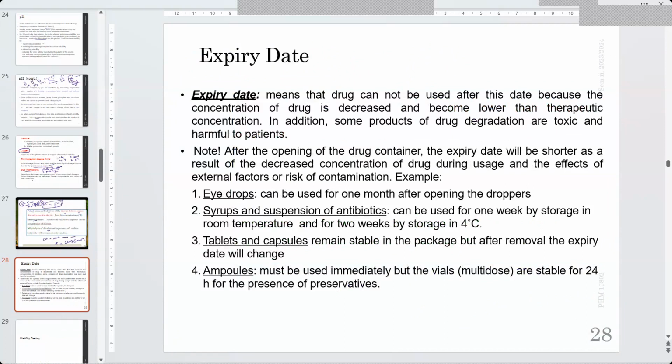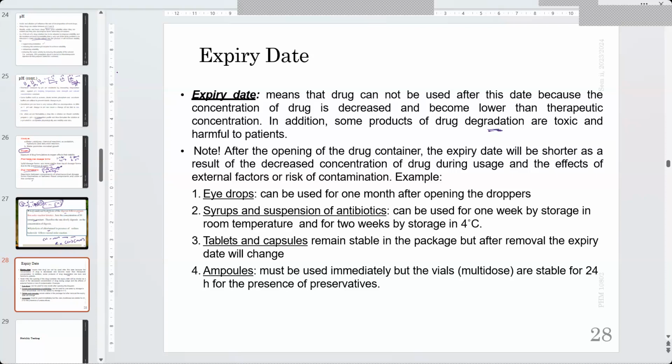Okay, now we go to the determination of expiry date. Expiry date means the time that the drug performance is not accepted anymore. It's outside the accepted limits. So we cannot use the drug beyond this expiry date. So expiry date means that the drug cannot be used after this date because the concentration of the drug is decreased and becomes lower than therapeutic concentration. Or we may have some degradation products that increase above the limit, or we may have some low performance in other physical tests like the solution test, or preservative concentration may decrease, and so on,